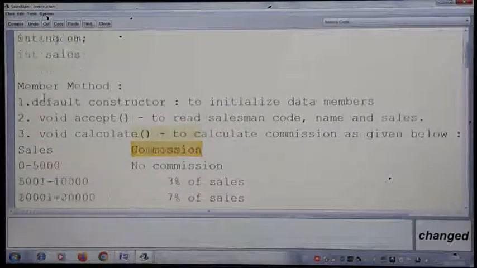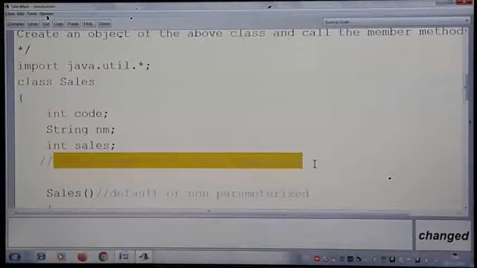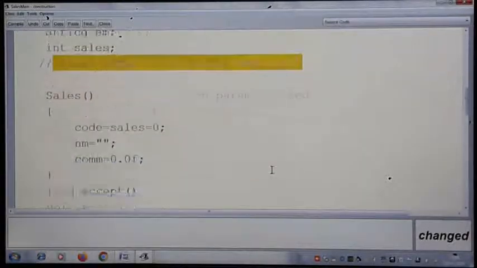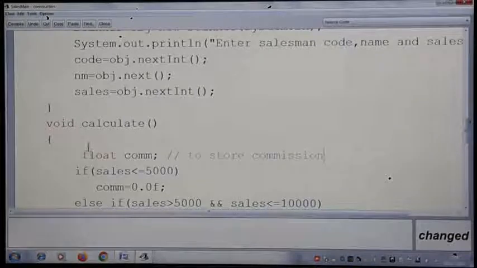One more thing I wanted to tell you here: sometimes some of you have a habit of declaring the commission in the method itself. Assume you go to the calculate method and calculate the commission there, so you declare the variable inside the method only.